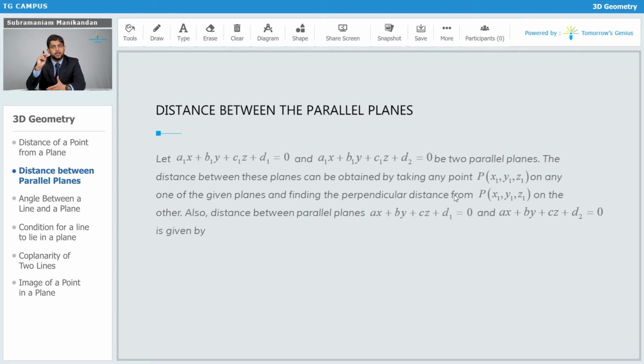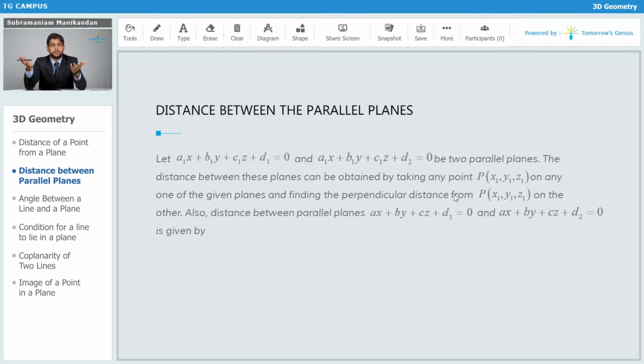If you can recall, the equation of two parallel lines also has same or proportional x coefficients and y coefficients and only differ by the constant term. And if the constant term is also the same, then we say that the two lines are coincident, right? So for unique lines which are parallel to each other, the constant terms are different. Similarly, for unique planes which are parallel to each other, the constant terms must be different, otherwise we are talking